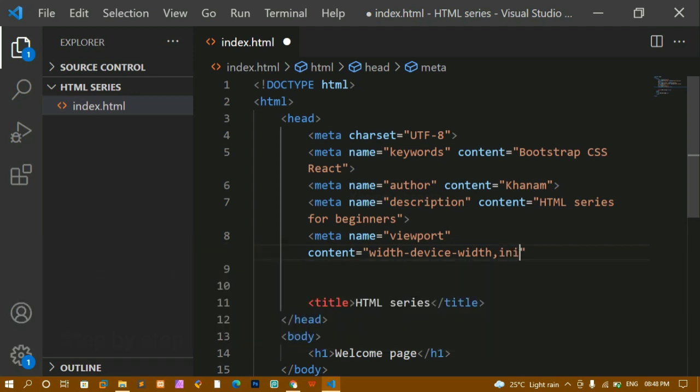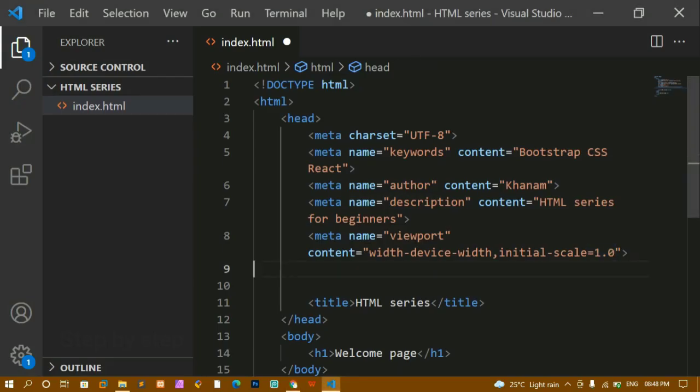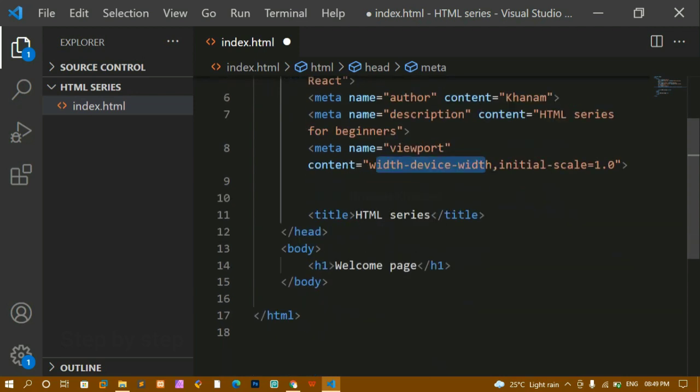Inside this I am going to write initial scale. Initial scale I am going to give as 1.0, which means that whenever I open the website, it should be 100% zoom. This is the zoom level, that is nothing but 100%. If I come here and show you, you can see I have this 100%. So for that we give the initial scale 1, which means 100. Whatever website we are opening, we should see in complete 100%. So I am giving this initial scale value as 1. And width device width is nothing but whatever width I have, that should be displayed to me in 100%.